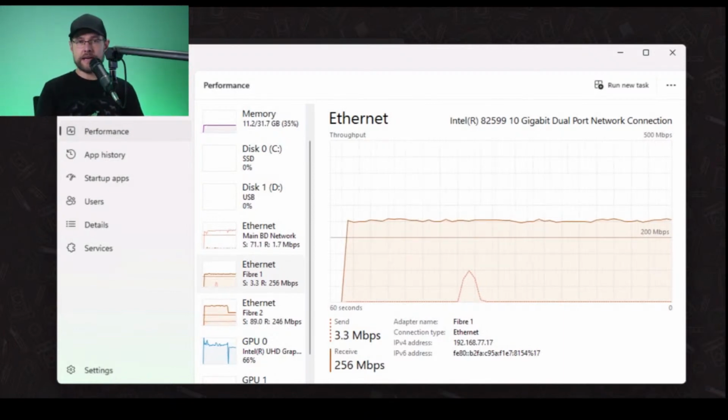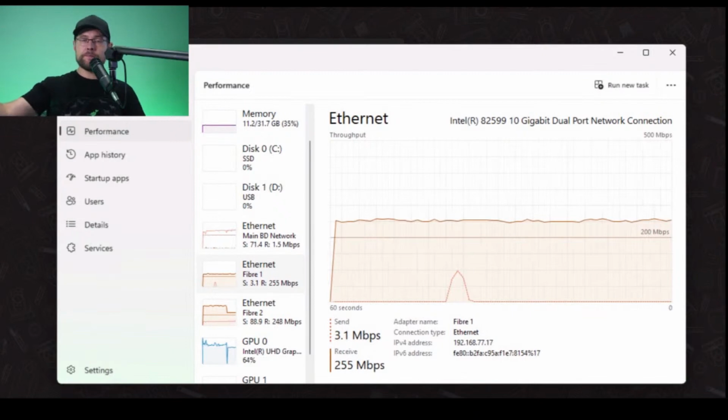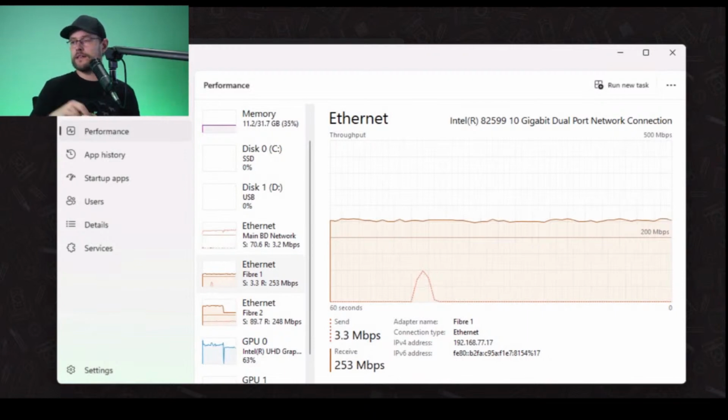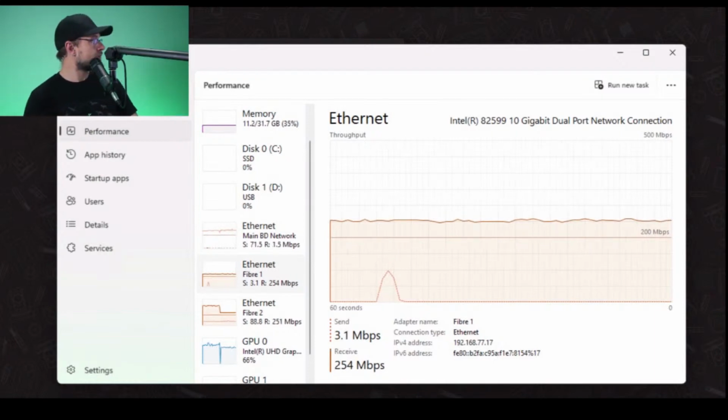I'm doing 500 megs on my NDI network and on my in-studio network, and the card seems to be load balancing with the help of NDI. So that's really neat. That's actually a thing.